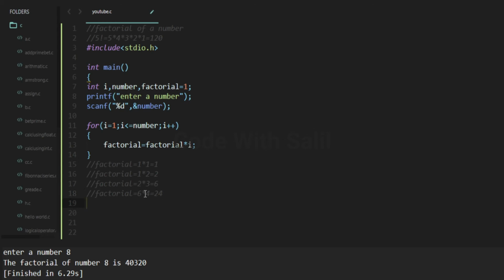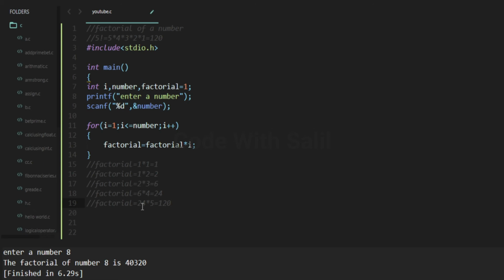In the next step i will be incremented to 5. 5 is less than or equal to 5, yes, so this block will execute again. Factorial equal to 24, the new value of factorial, 24 into 5 equal to 120.